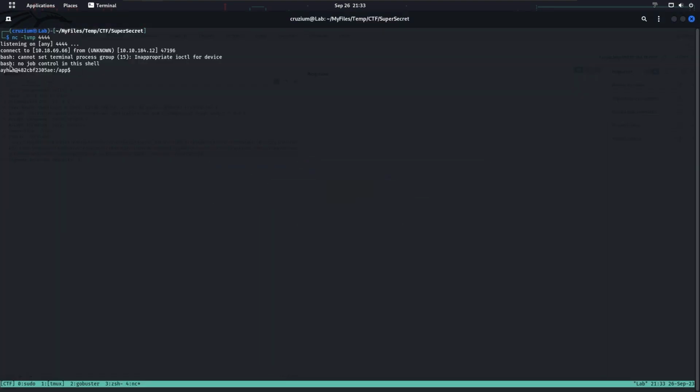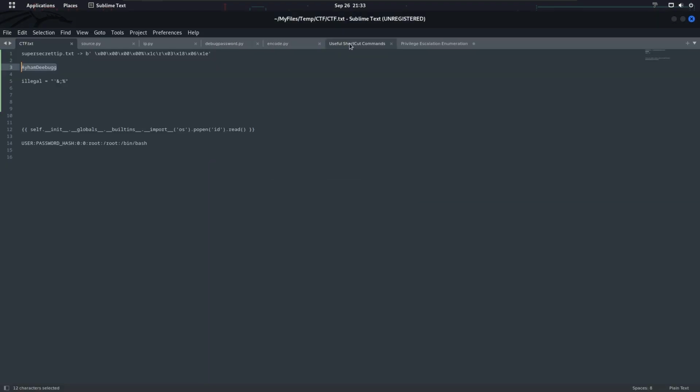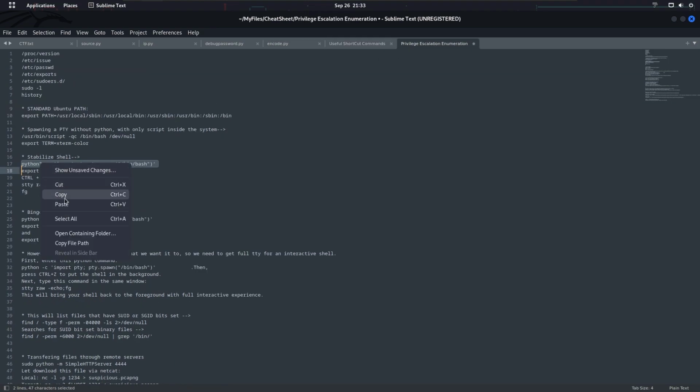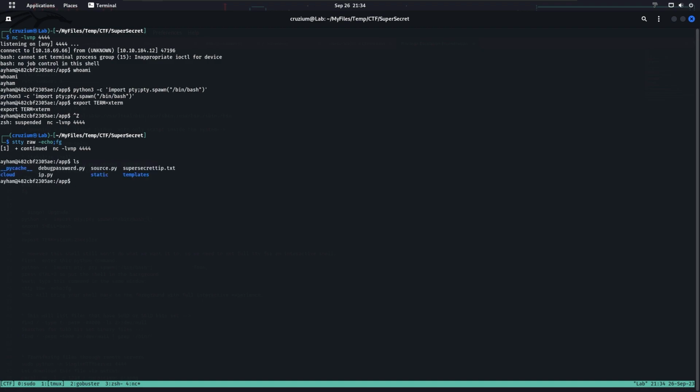Are we getting? Oh, we got the reverse shell here. And if we say whoami, let's see, iham. Now we have to, what do I say? Stabilize the shell. Export TERM equal to xterm, Ctrl Z and stty, enter. So our shell has been stabilized and